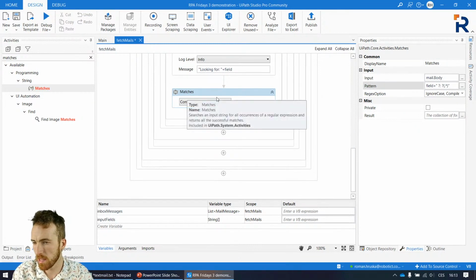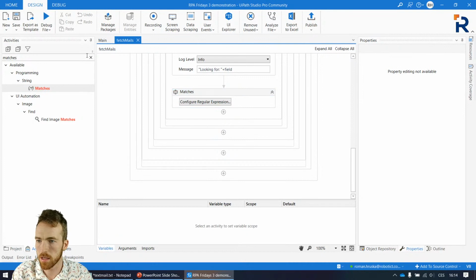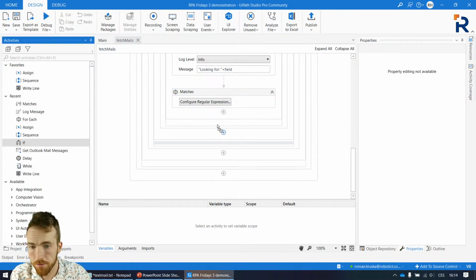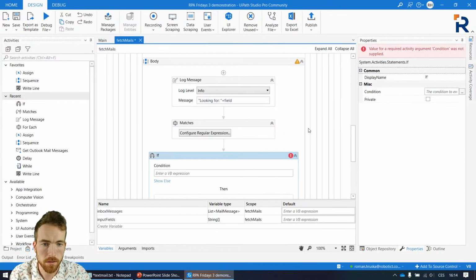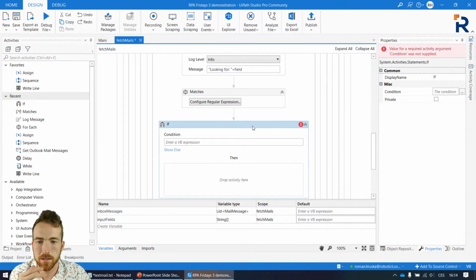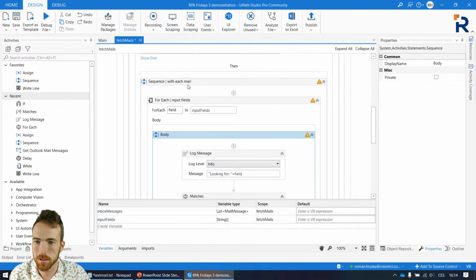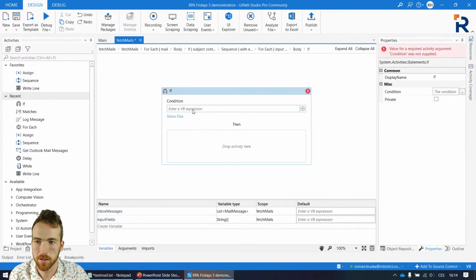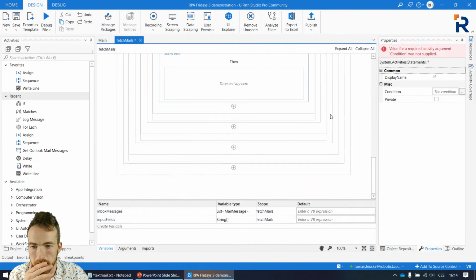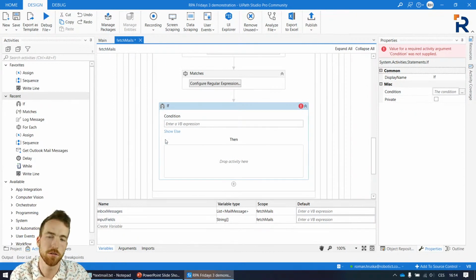So I can check if anything was found. I can check by using an if again. See, it starts to look really nested, but don't worry, there are breadcrumbs. They're gone somewhere. Okay, not sure what happened. Yeah, if you open it, you can see where you are, and you can go back to the beginning. And then it's getting nice bluish around, so it's nice. So we check if